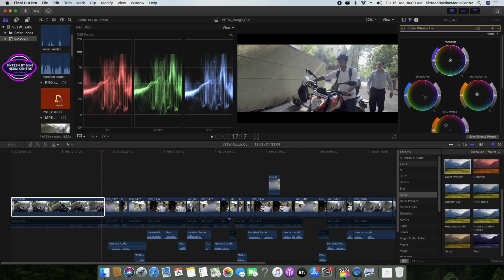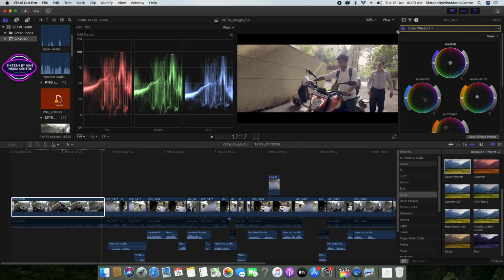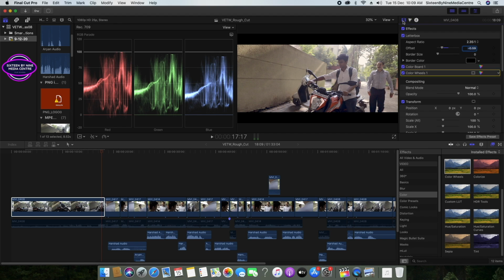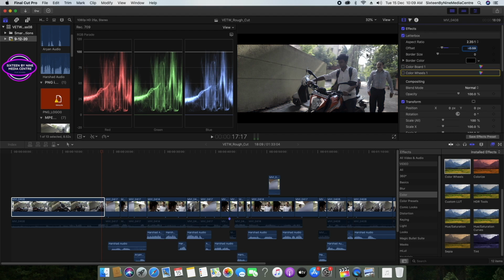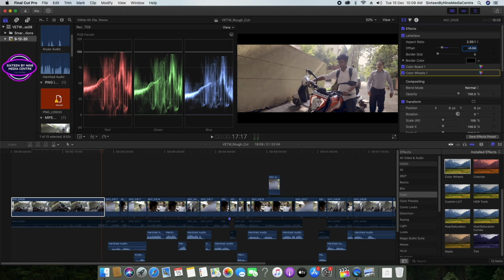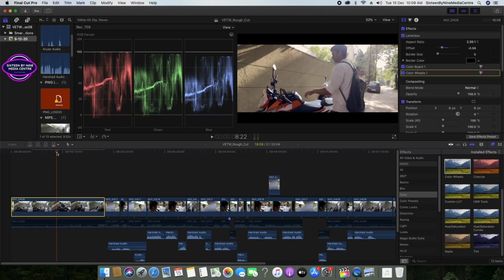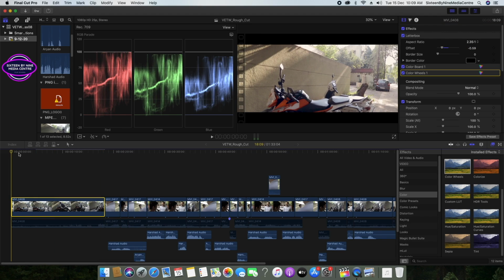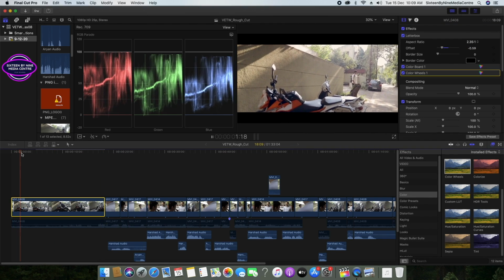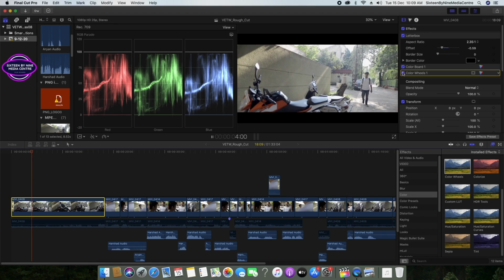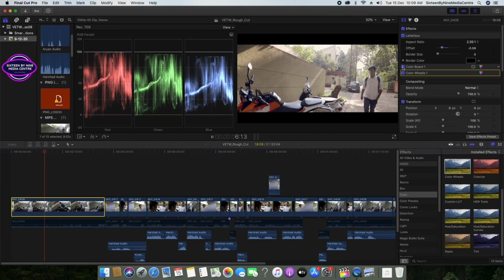So this is the original, before adding these colors, and after adding these colors, this is the final layer. So if I remove everything, this was the original frame which we started working on, and we added saturation and exposure and we added colors, and this is the frame now. Right? On the go, I am just changing.